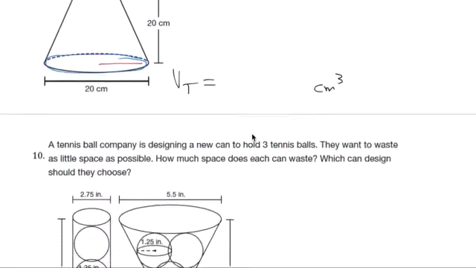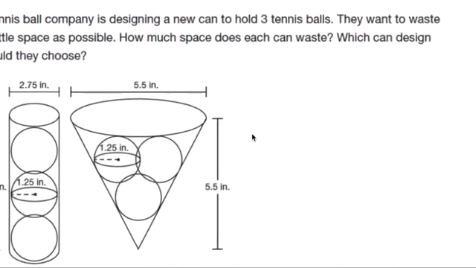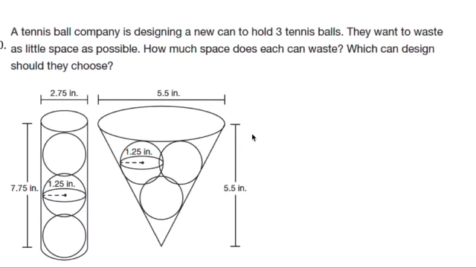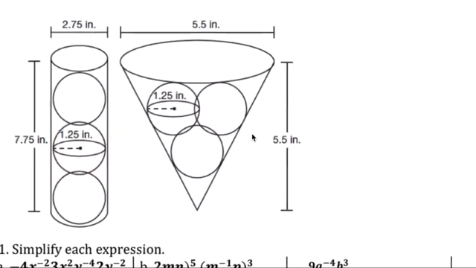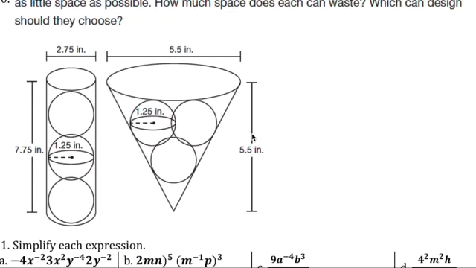All right. Number 10. A tennis ball company is designing a new can that can hold 3 tennis balls. They want to waste as little space as possible. How much space does each can waste? Which can design should they choose? Also, you have to find the cylinder first. Let's do this one first. That one is like